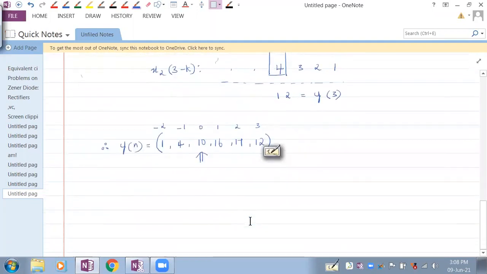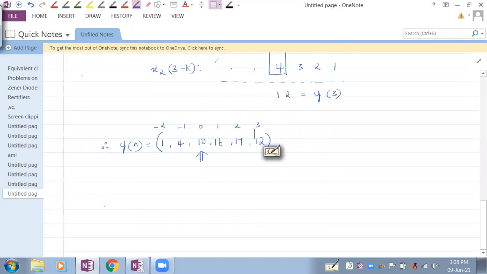Fine. So we can verify this. This verification is not asked. Suppose you do all this, okay, in the exam, you want to see whether your answers are correct or not. So for verification, what you can do is write one of the samples here horizontally, and another set of samples here vertically.